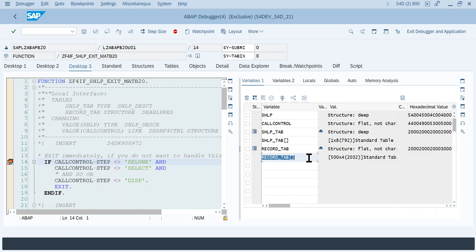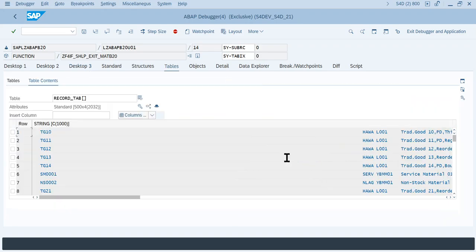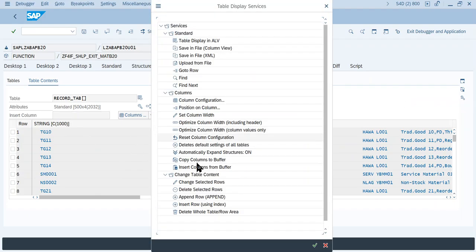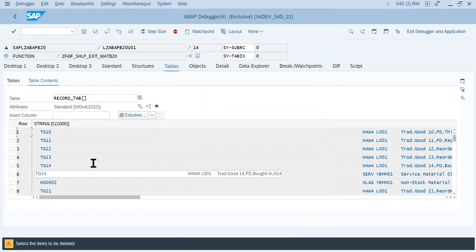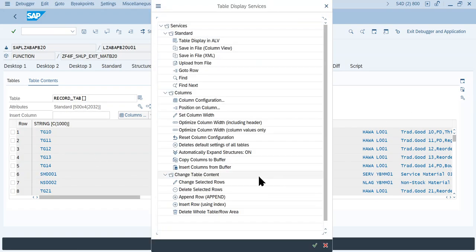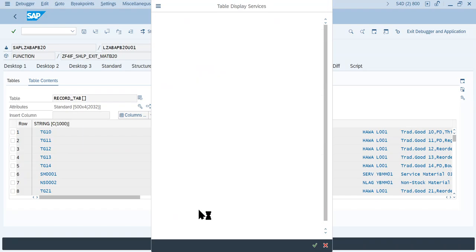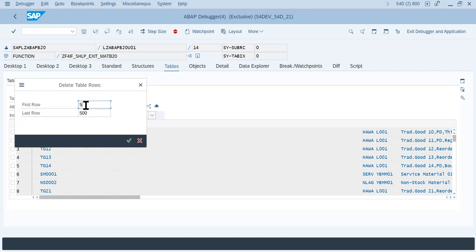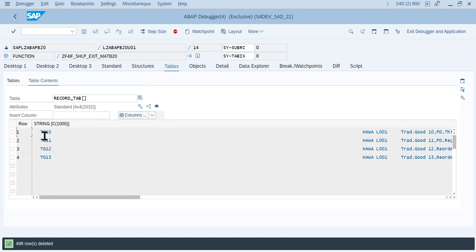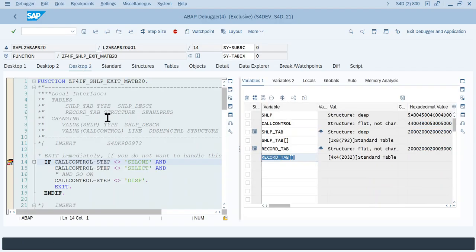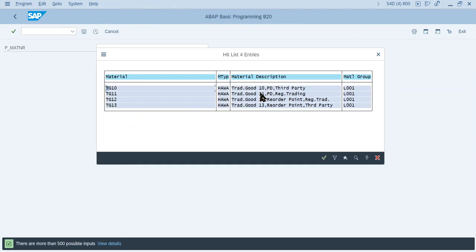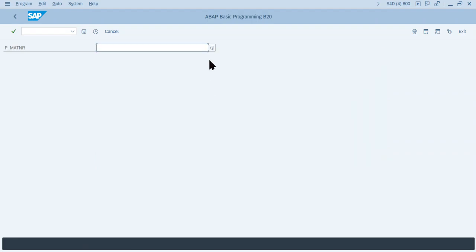And now you see there are 500 rows coming. Okay, here you can modify however you want. Let's say I just want to delete all the table entries and only keep 4 rows. Now I'll just let it pass through. You see here I deleted in that function module in the debugger, and now only the 4 records which were not deleted are displayed. Okay, like this, if you want to modify the data that has been displayed in the search help,